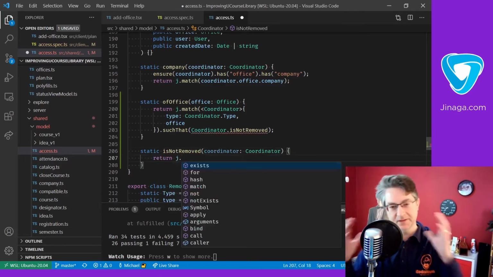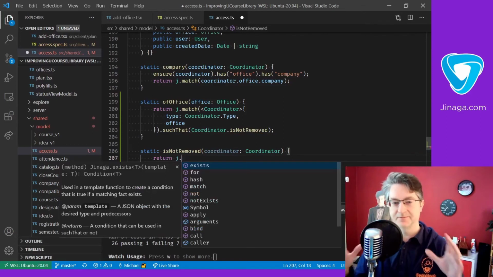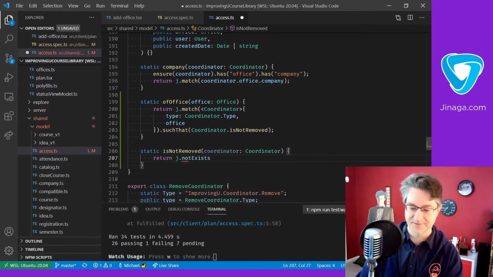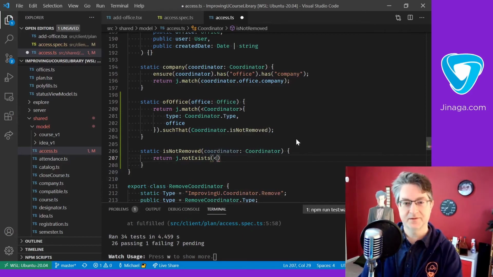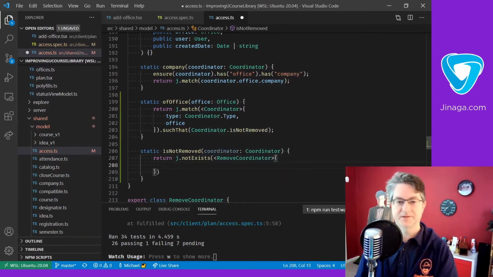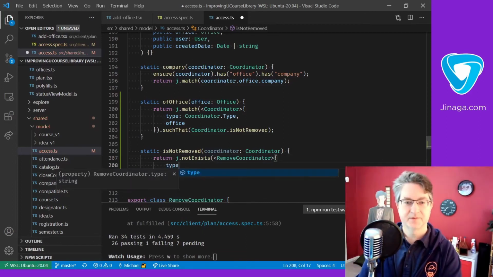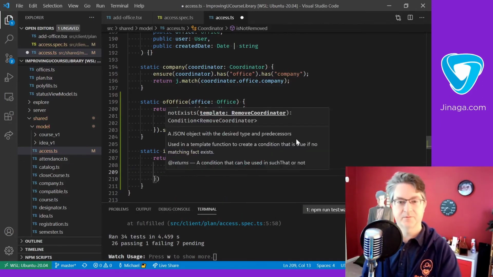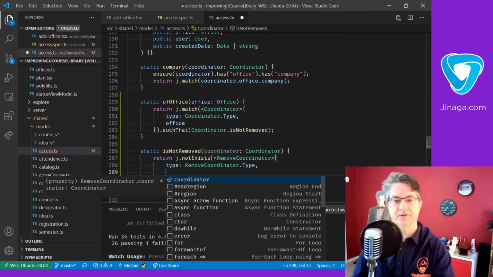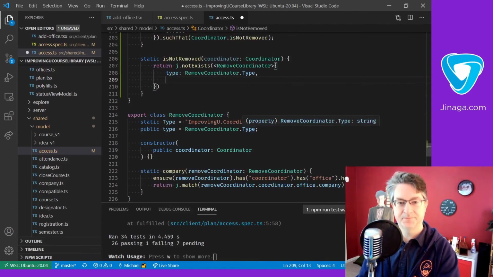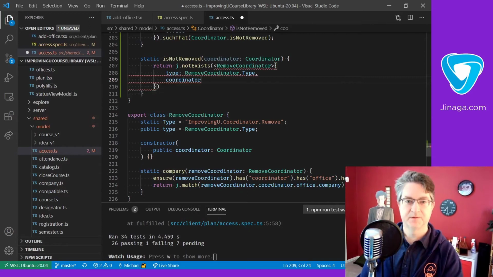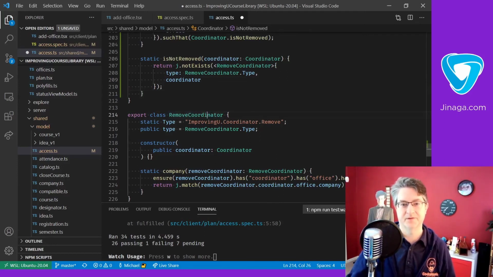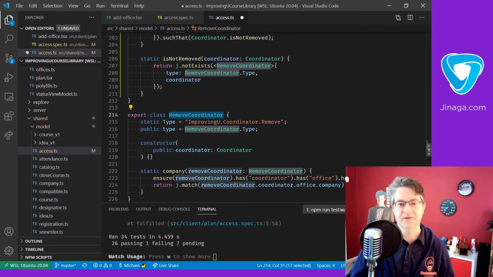and I'm going to return, this is a conditional now, so it's not j.match. I'm not matching the facts themselves. I'm just checking to see if these facts exist or not exist. So this is j.notExists. So if there does not exist a remove coordinator, I'm matching this template. So the template is type remove coordinator type, and what other properties can we match on? Just the coordinator. Let's take a look at remove coordinator. It's just the type and the coordinator. So there we go. So does there exist a fact remove coordinator with that type, improving coordinator.remove, and this coordinator that